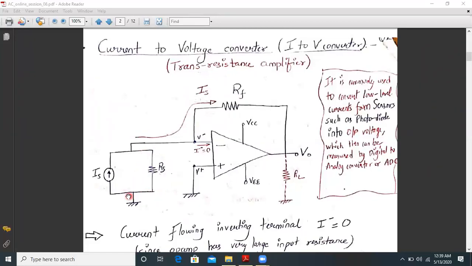This current source is fed to the inverting input terminal of the op-amp, and the op-amp has a feedback resistor connected between the input and the output, and the non-inverting terminal is grounded. So this simple looking circuit will actually convert a current into a voltage. Now instead of elaborating it more, let us directly go into LT-Spice and implement this circuitry.